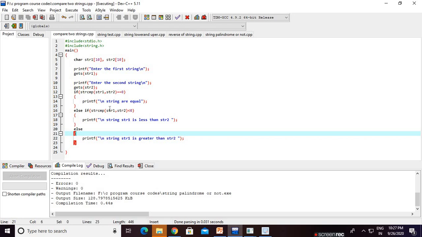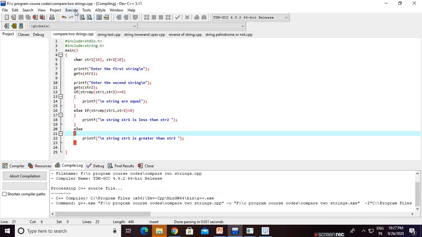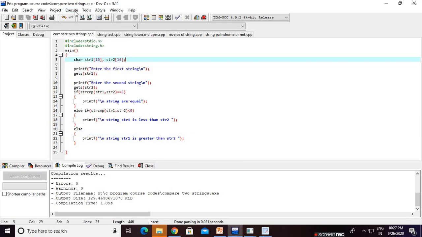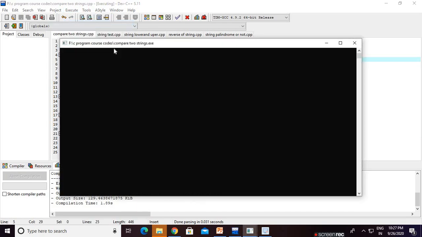Else if strcmp of str1 and str2 returns a value less than 0, that means str1 is less than str2. Otherwise, str1 is greater than str2. Click on execute, compile, wait some time, run.